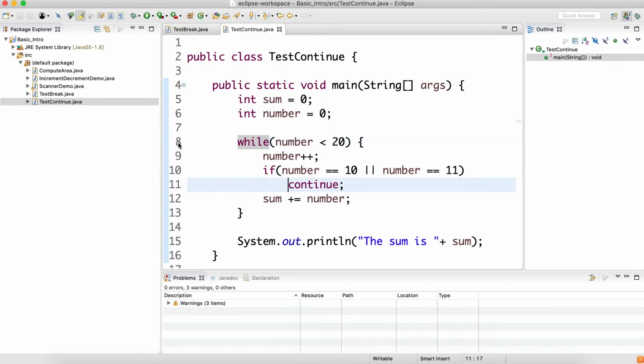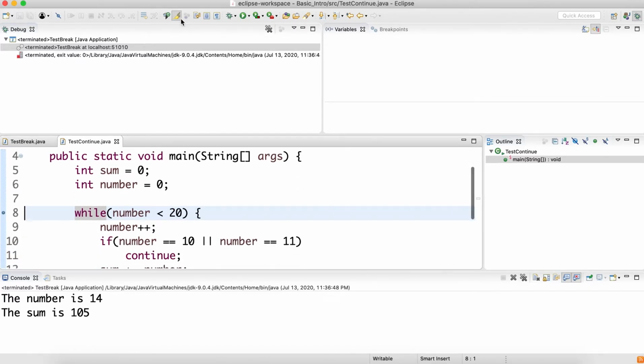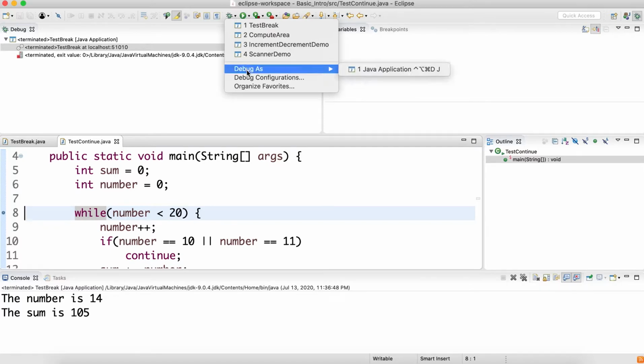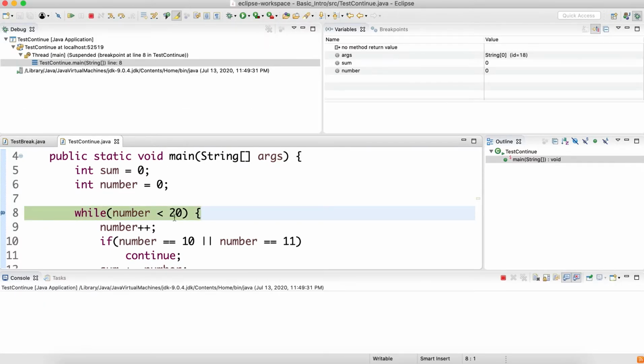Let's examine this. Like before, I put a breakpoint here, and let's go to the debug perspective and debug as Java application. The execution will pause at this line where I have put my breakpoint.